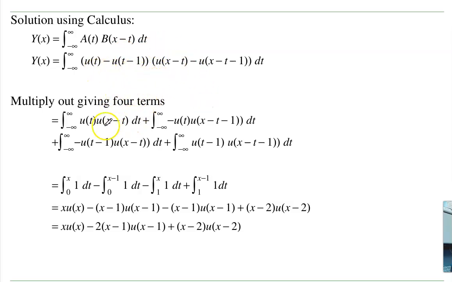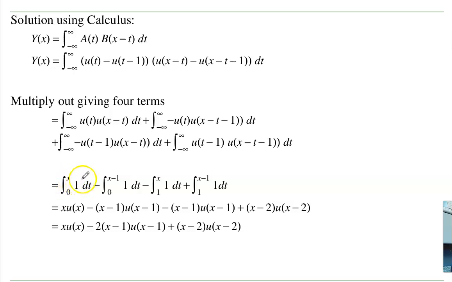Here's u times u of x minus t, u times u of x minus t minus 1, all sweeping from minus infinity to plus infinity. Here, this u of t turns on at 0, so I can replace the left endpoint with 0. This turns off when t is bigger than x, so this is 1, stopping at x,